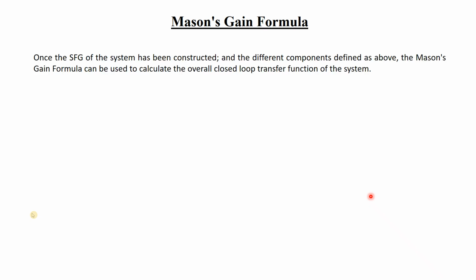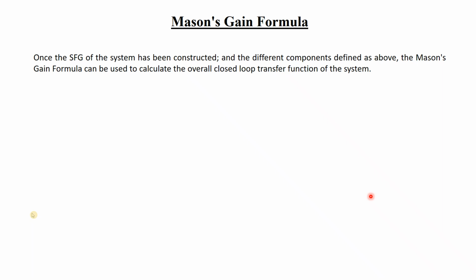Okay, sir. Okay. So it will be more clear for you if you see the example. One example I am showing you. First of all, you have to know that there is a formula which is called the Mason's gain formula. This formula is used for solving or determining the transfer function of a system using the SFG, signal flow graph. That means you have constructed the signal flow graph from a block diagram. Now what to do, how to solve the transfer function, then you have to apply this Mason's gain formula.